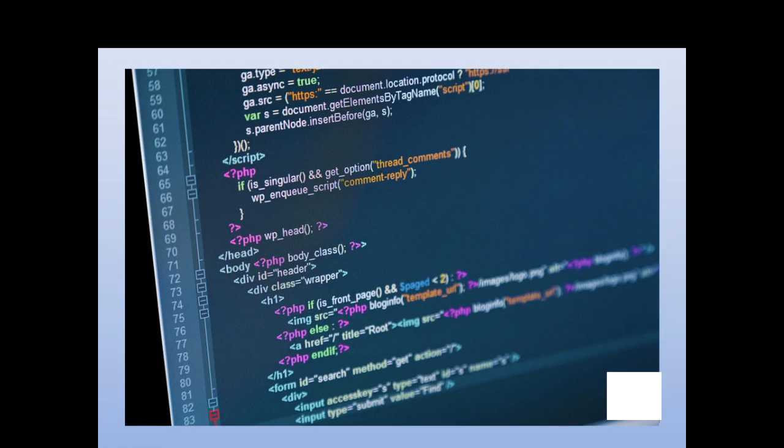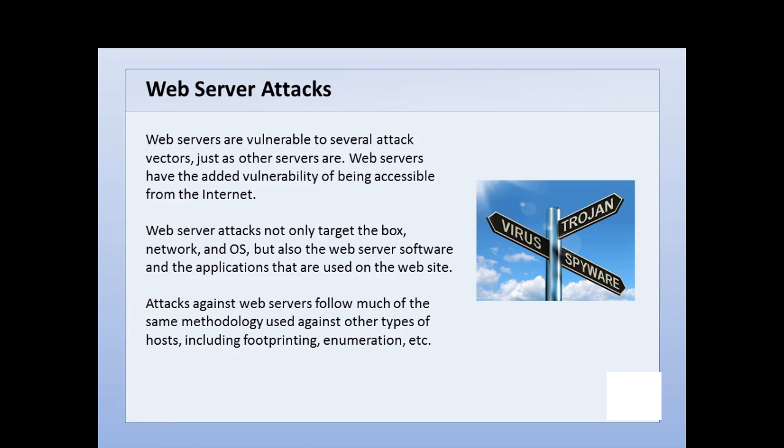Now that we've generally talked about attacking web servers, let's get a little bit more specific and talk about some of the attacks that can be waged against a web server. Now, obviously, since it is just a server, it's vulnerable to several attack vectors just like all the other servers, whether they're DNS servers, email servers, or even file servers. Unfortunately, though, web servers have the added vulnerability of being accessible from the internet by all manner of hackers. Now, web server attacks not only target the physical box itself and the network that it's running on and the operating system that's on the system,